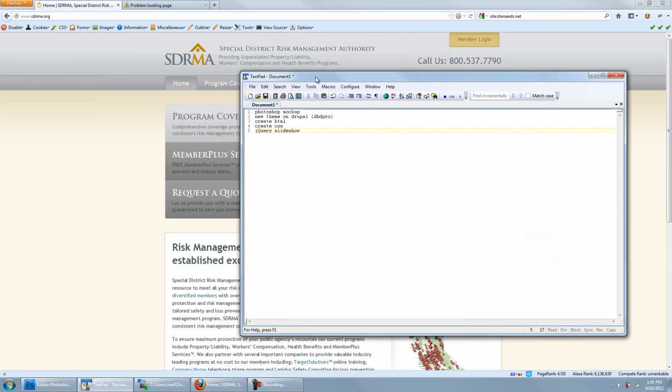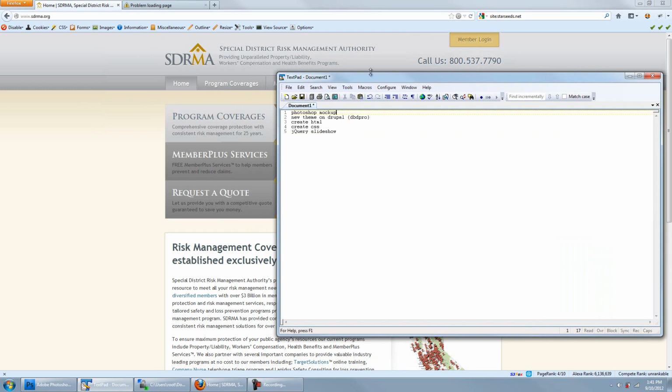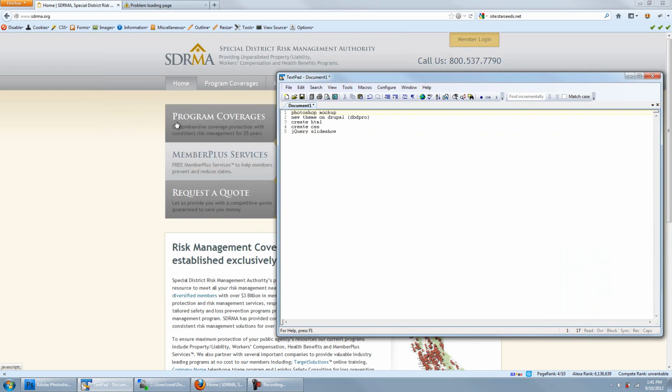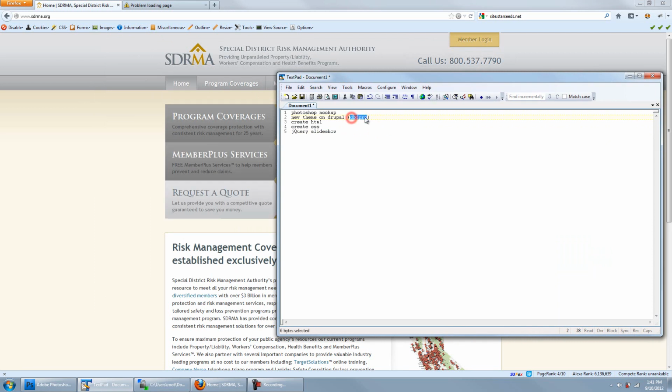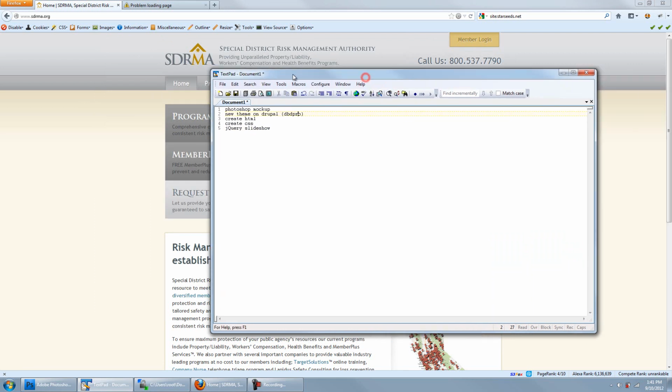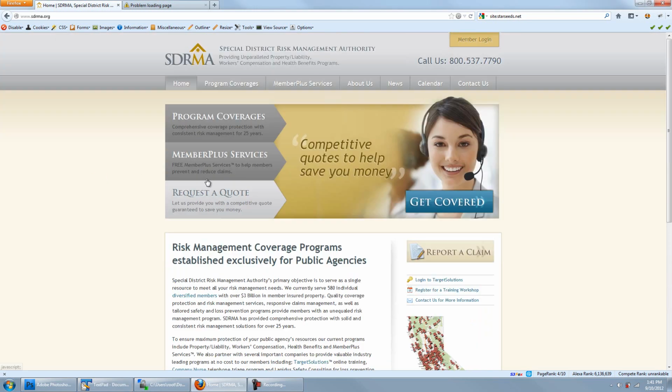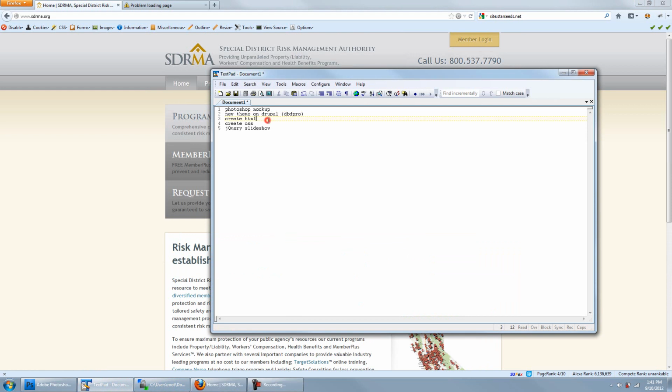So the steps that we're going to take are, I'm first going to mock this up in Photoshop. I'm just going to print screen it, maybe recreate a few different areas in Photoshop so that we can later use them. I'm going to then create a new theme on Drupal. I'm going to call that theme DBD Pro, for DBD Professional. This could be a good theme for professionals, somebody like a CPA or some type of financial service, something along those lines. Then we're going to actually create the HTML in the page.tpl,